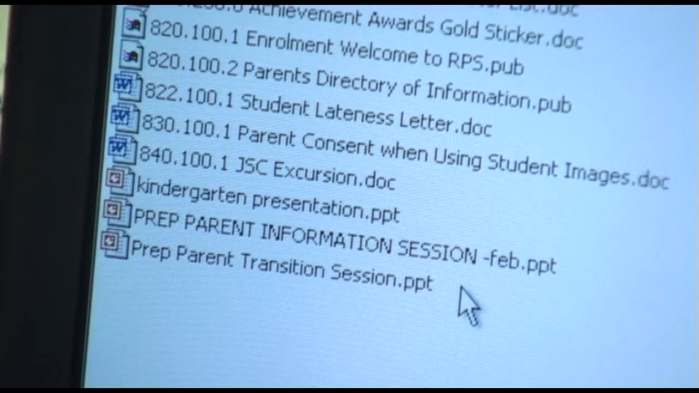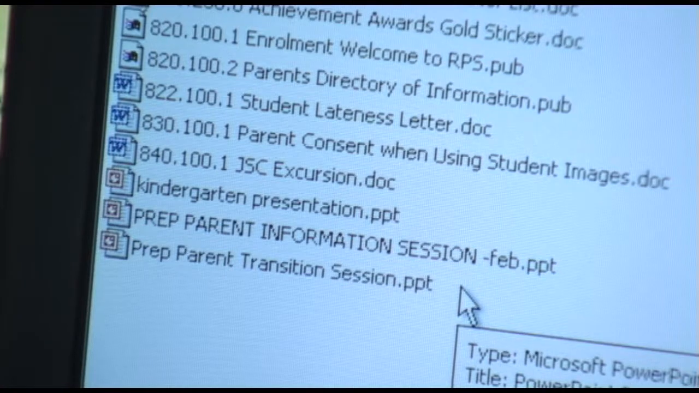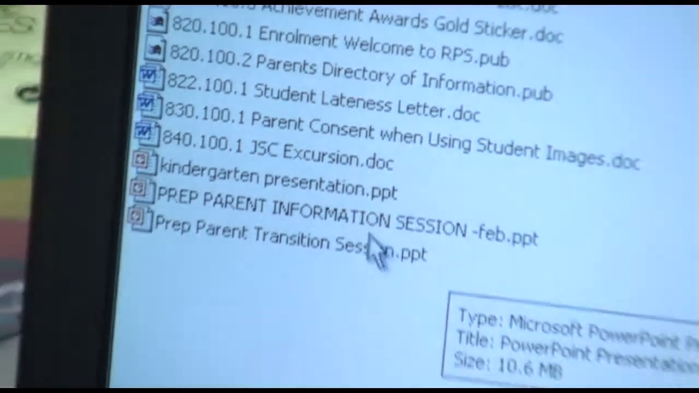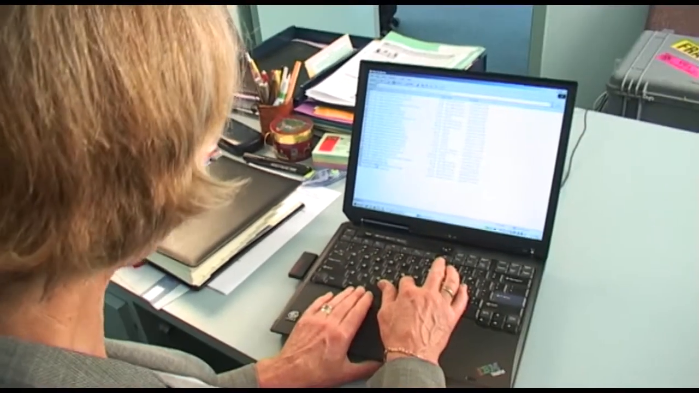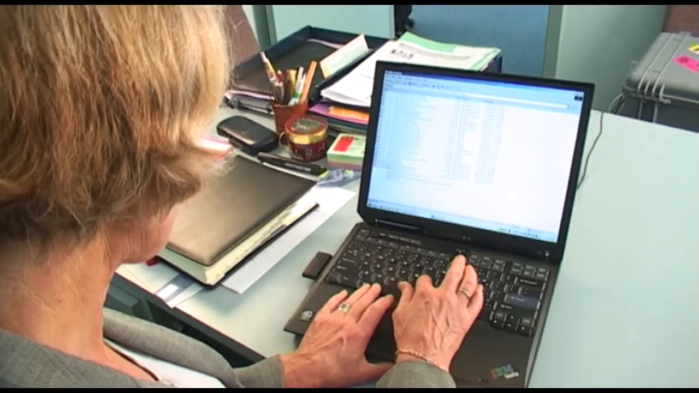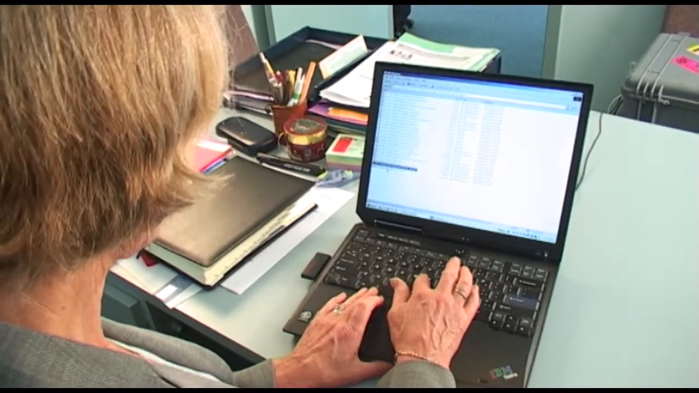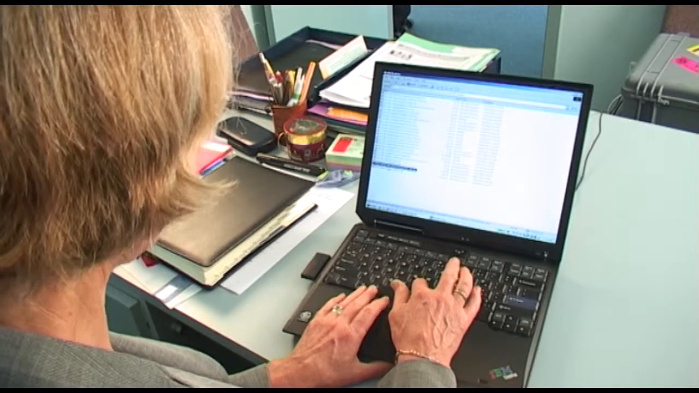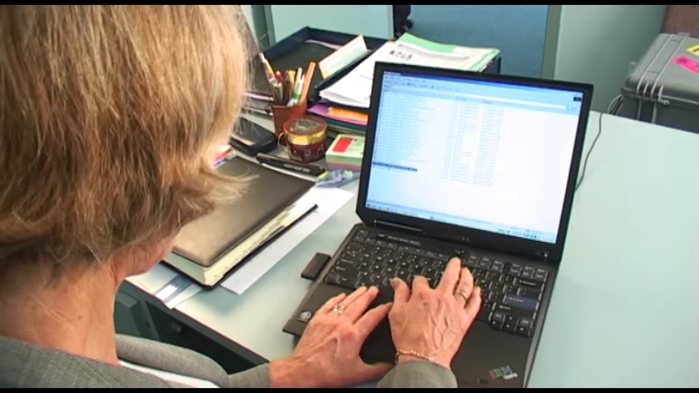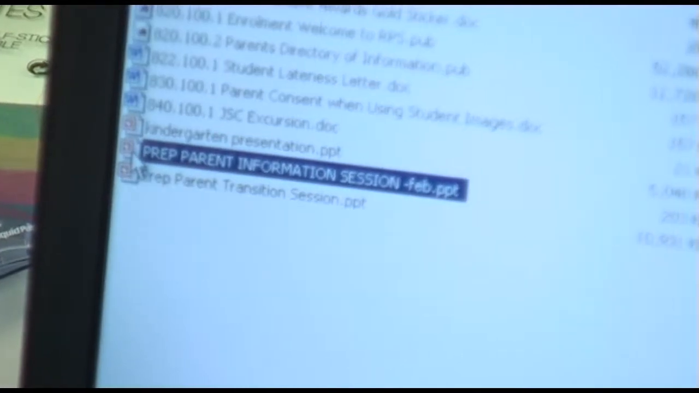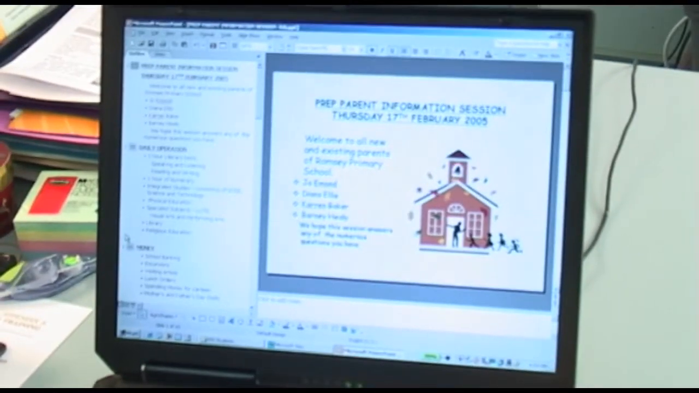The manual is where all of these improvements are stored, and they're available for everyone. When you take over a new responsibility in the school, you don't have to generate new documents. So someone who's suddenly moved into the prep area and has to do the parent information session can look in the manual and find the PowerPoint presentation that was done the previous year, and then scroll through it and add some new improvements. This is the 2005 one, which was generated from the 2004 one that was already in the